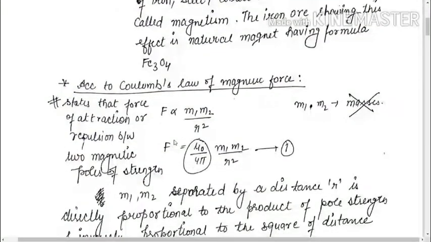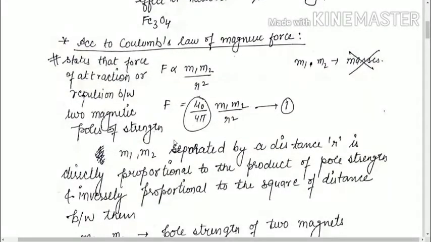And now all of you know about Coulomb's law. As in electrostatics, Coulomb's law says F is proportional to the product of charges and inversely proportional to the square of the distance between them, along with the constant K, having value 9 into 10 raised to power 9. But here in case of the magnetic force, the force is proportional to m1 m2 divided by r square. Here m1 m2 are not the masses, these are the pole strengths of the magnetic dipoles.